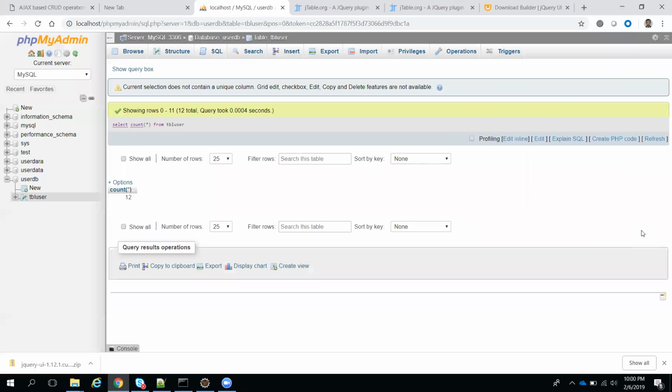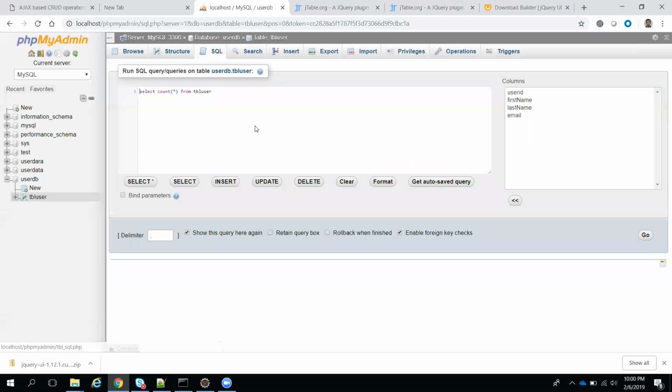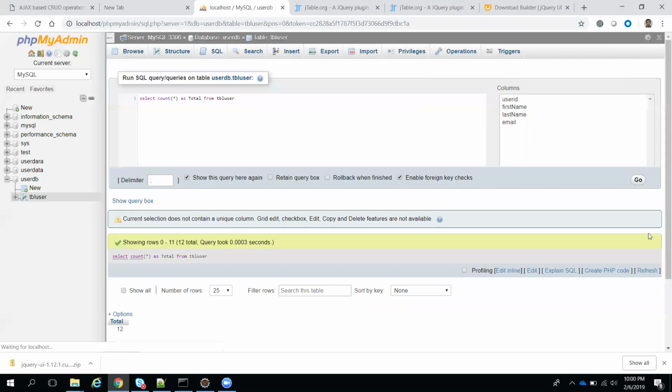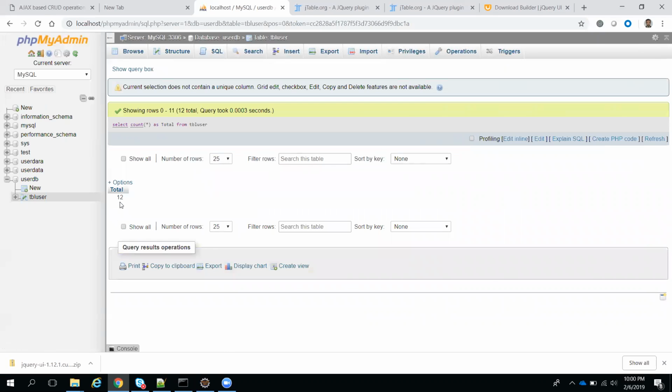How many records did you get? Count 12. If you want, we can make it an alias: count star as total records, as total. When I click on go, see here, total 12 means we now have 12 records in total.